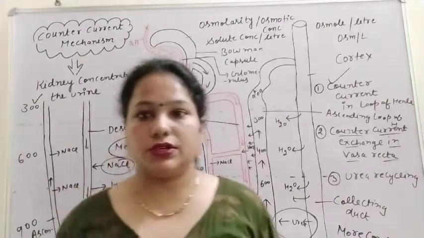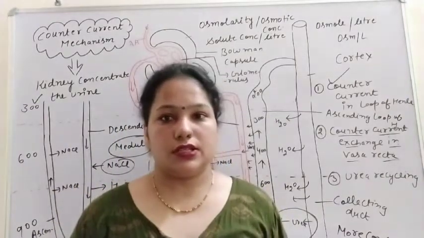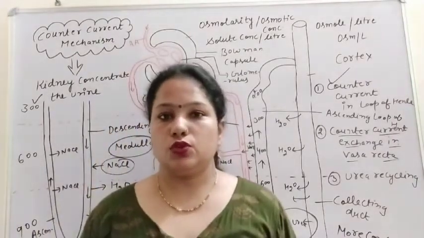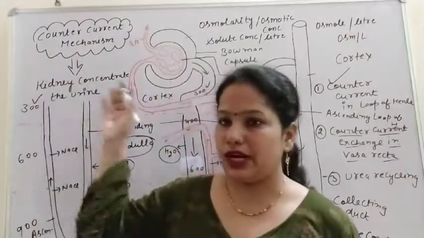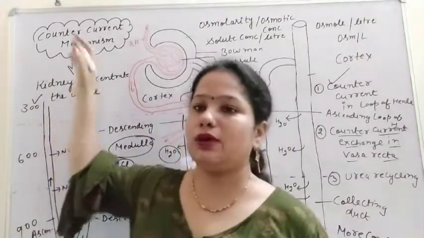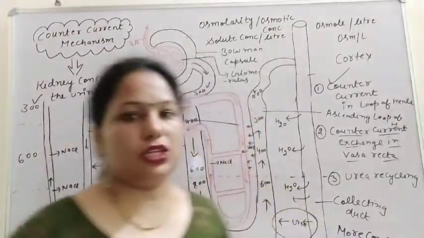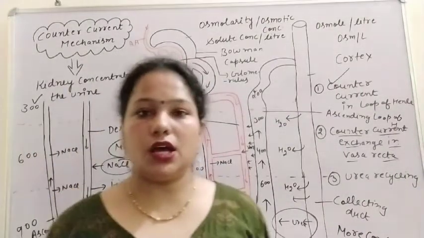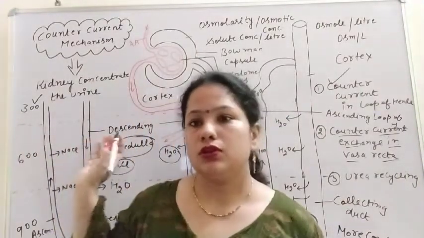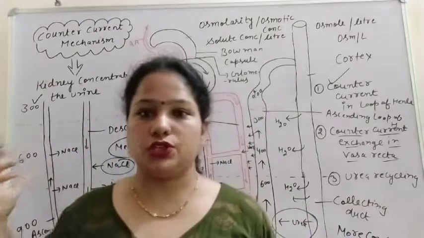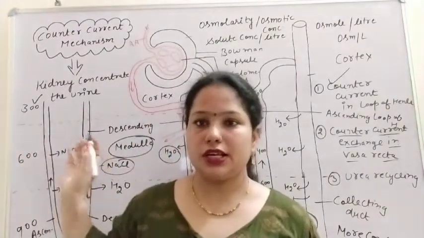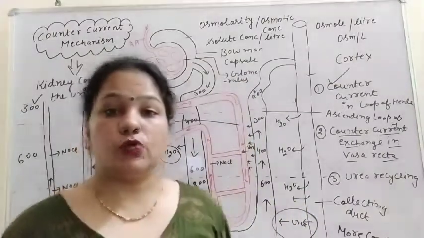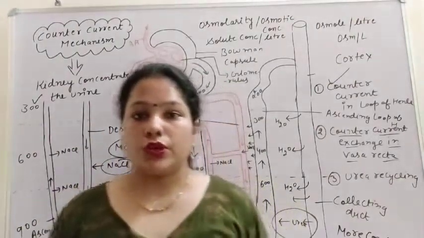And this mechanism is required for terrestrial organisms, those who have very little water. So during the different seasons this mechanism is maintained, and it is maintained not just by the kidney but by the nephron, because the nephron has the vasa recta and the loop of Henle, these two, capillaries and tubules, and they maintain the counter current mechanism. So if you understood,